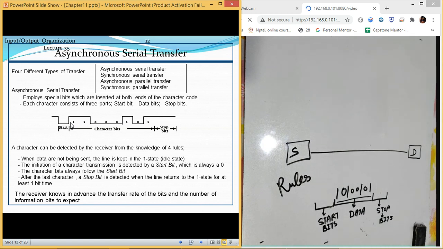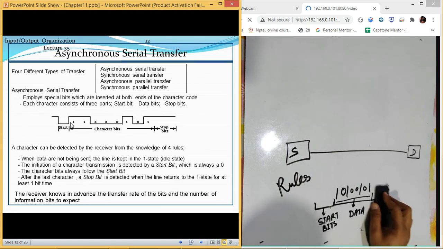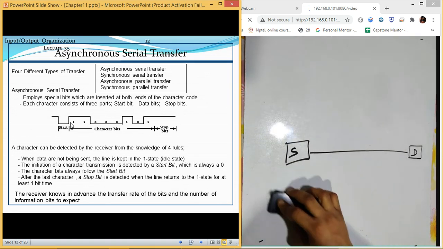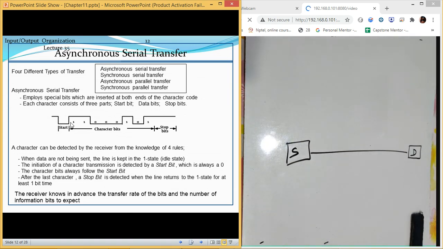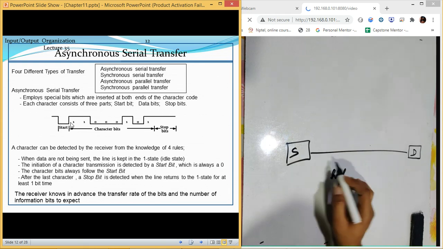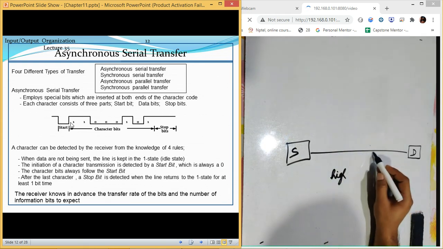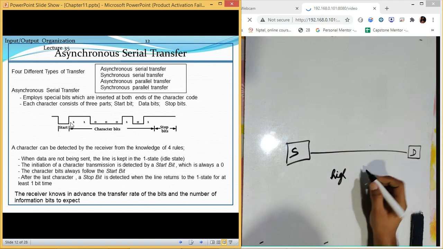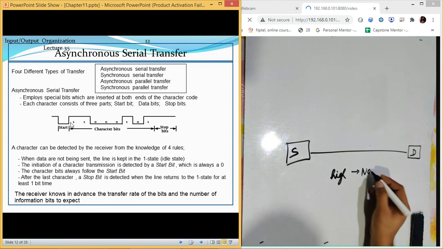Now, when the data is not sent, this is the first rule. When the data is not sent, the state will be 1. If it is high, it means when the state of this line is high, there is no data.